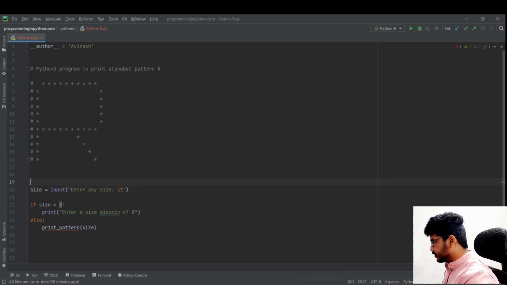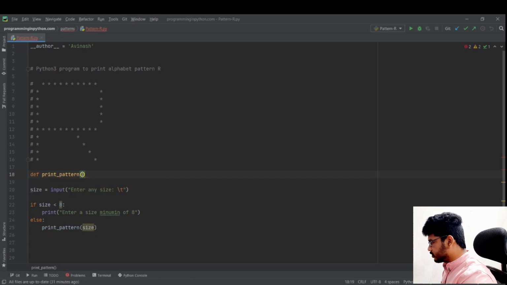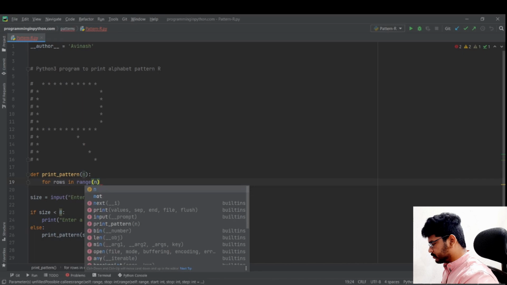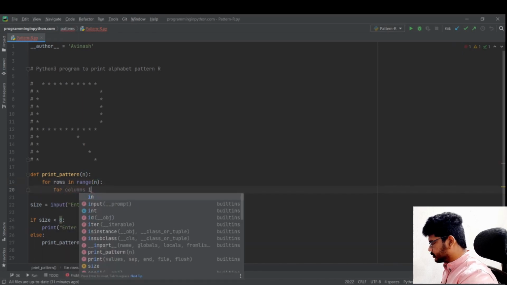So it should be def print pattern, and I will give the size as n. Now we need 2 loops, one for row looping and the other for column looping. So for rows in range of n, for columns in range n.